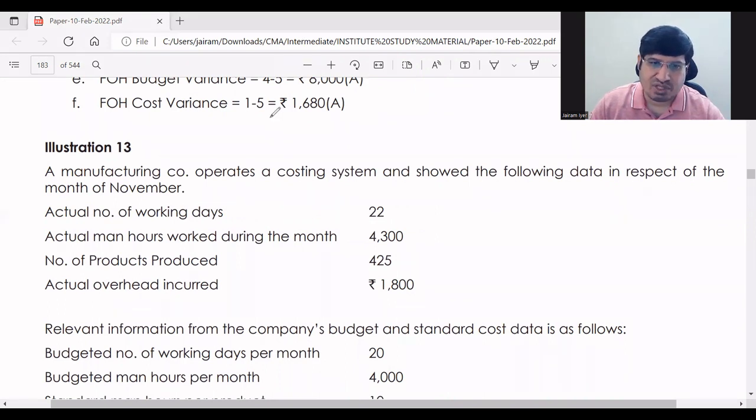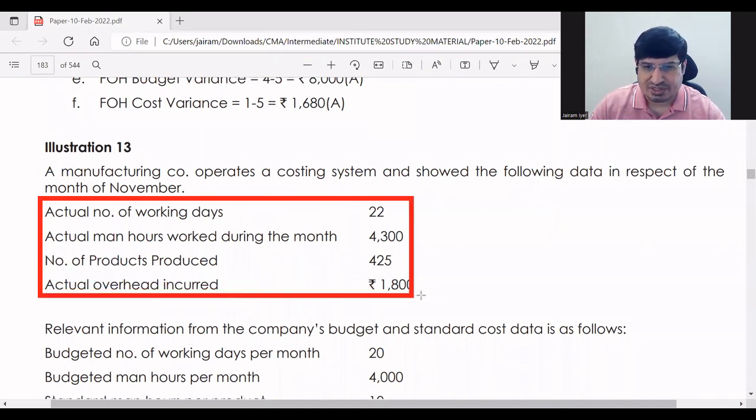ओके, सो क्या बोलते हैं, सो मैन्युफैक्चरिंग कंपनी ऑपरेट्स अ कॉस्टिंग सिस्टम, ठीक है, शोइंग द फॉलोइंग डेटा फॉर द मंथ ऑफ नवंबर, ठीक है, दिस इज द डेटा फॉर द मंथ ऑफ नवंबर। ओके, ये है एक्चुअल्स, ठीक है। सो व्हाट वी हैव बीन शोन हियर, ठीक है, दीज आर एक्चुअल्स।